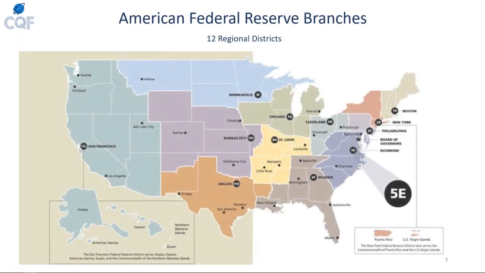So what about the Federal Reserve regional branches? Here you see 12 regional districts. The regions on the East Coast are much smaller, mainly because they were much more populated way back in the day. You can see out in, say, California, it spans out to Utah and Washington State. Much bigger. That's just a part of the times. But there are 12 regional districts. Like I mentioned before, members of the Board of Governors have to come from 7 different districts. Therefore, a district can't have 2 members of the board at one particular time.